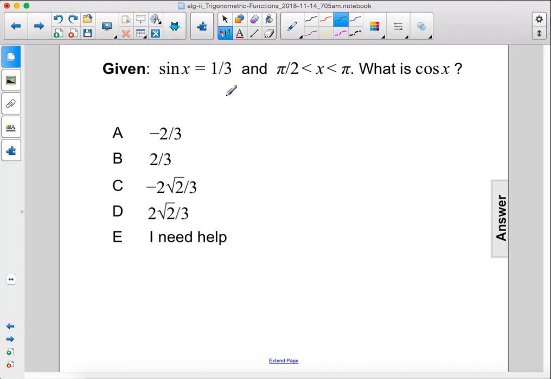Given sine x equals 1/3 and x is between pi over 2 and pi, what is cosine x? Now remember, pi is 180 degrees, pi over 2 is 90 degrees. So we know we're in the second quadrant here. So if I draw a little picture,